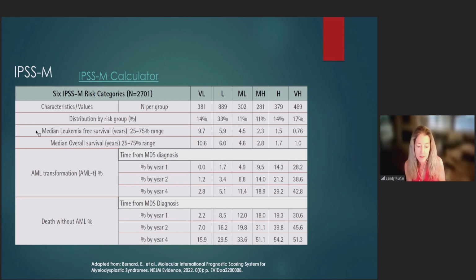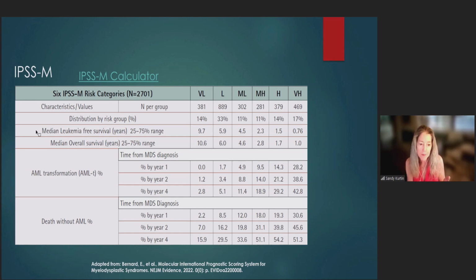And so this is roughly 2,700 patients that met criteria to have their samples included in this work. The number of cases sent were far greater, but missing information basically meant they were not included in this final analysis. So you can see the big difference here in terms of median leukemia-free survival, for instance, in very low, 9.7 years, very high, 8 months. So not unlike the IPSS-R in that way. And so those two things very nicely correlated in terms of those expectations.